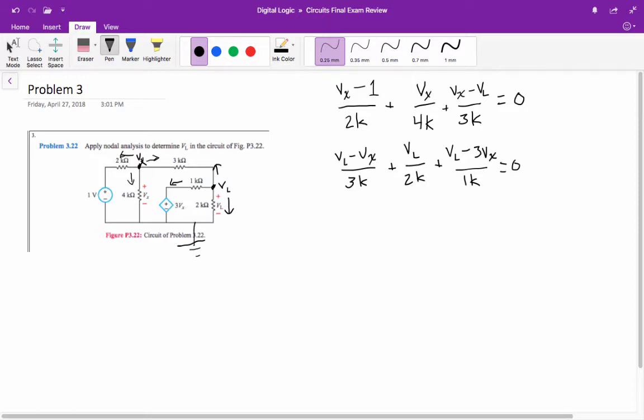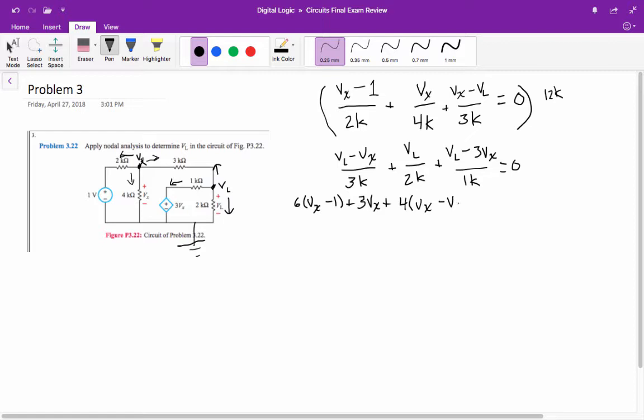Okay, so now let's simplify these equations a little bit. Get rid of the fractions. So look at the common denominator. The common denominator would be 12K. So the K is going to cancel from everything. And from this first term, the 12 and the 2 will cancel and we'll get a 6. So we'll have 6 times Vx minus 1. From the second term, we'll get 3Vx. And for the third term, the 3 will cancel with the 12 and we'll get a 4